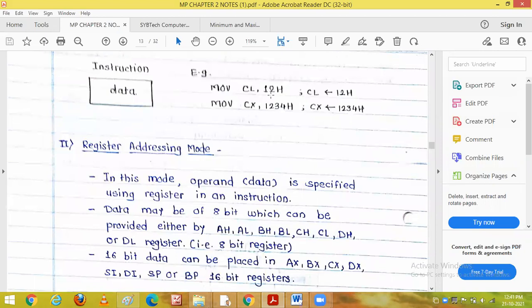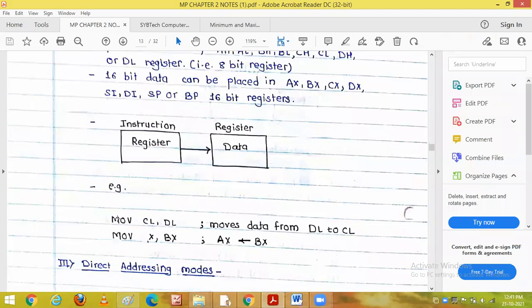Instead of using this 12h data, we have to use some other register along with CL. How is it possible? Like this: MOV CL, DL. C is one register, D is one register. What I have done here is, instead of immediately taking a value,